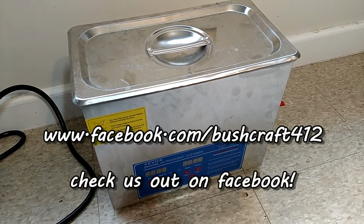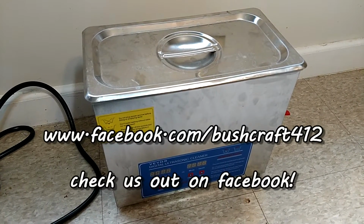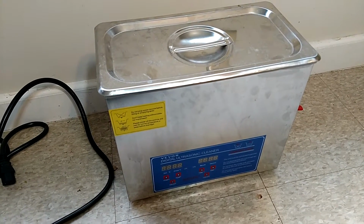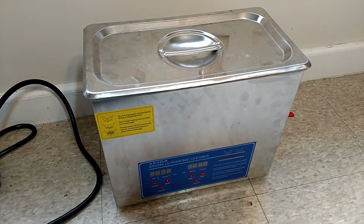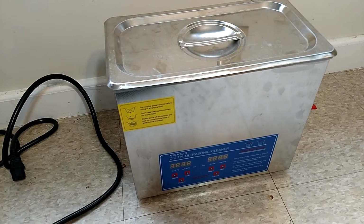So this is an ultrasonic cleaner. I bought this, geez, probably 6-8 months ago. I wanted to try it out. I've always wanted one for a lot of the variety of different things I do. And I got it. I was really excited. I was going to make a video like a week after I got it, but